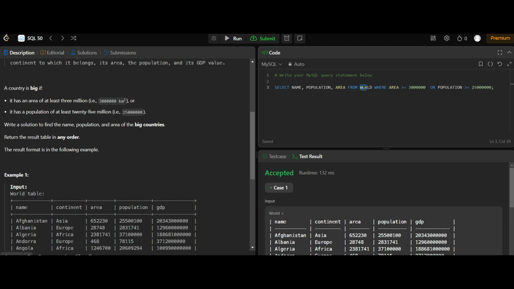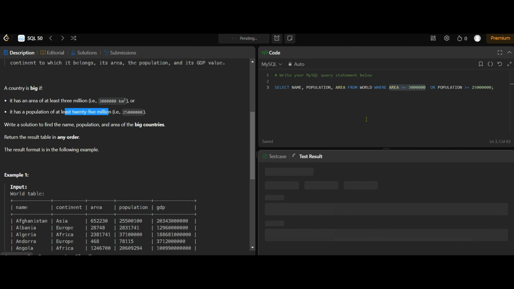So if we want to filter data from a table, we'd use something like the where clause, which is like a condition, like an if, for example. And here, first we want to check the first criteria that we're given, which is the area. The area is at least 3 million, right? So basically it means it's greater than or equal to 3 million, which makes perfect sense. And then we've got an or option here, right? And it says that if the population is at least 25 million. So again, the population has to be greater than or equal to 25 million, which we've put here. So if we go ahead and run this,